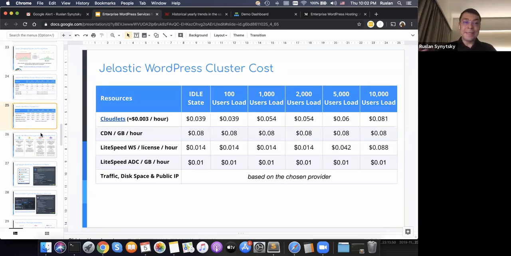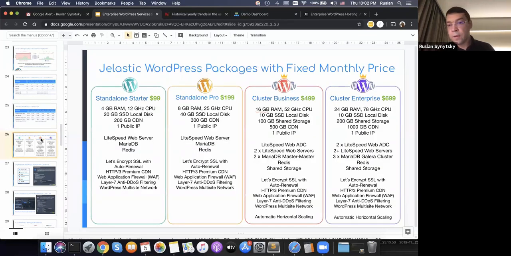In addition to the existing pay-per-use model, some vendors offer packages to simplify understanding, for customers who want to know the maximum they can pay, right? It's based on the assumption that the cluster will consume the whole amount of resources during 100% of the time during the month. So it means you consume all resources, you have a permanent high load. As you can see, there are two packages, cluster business and cluster enterprise.